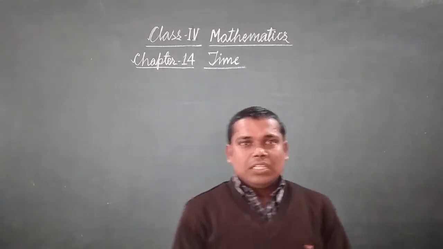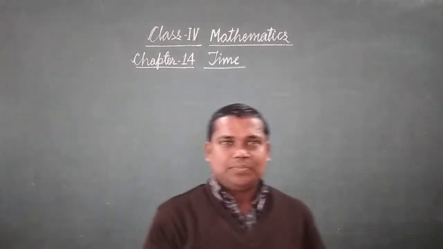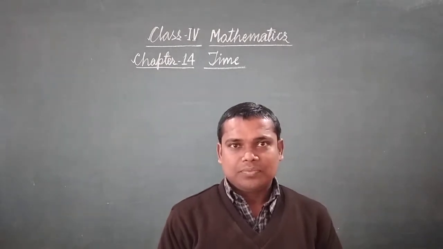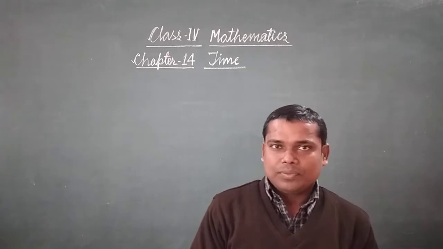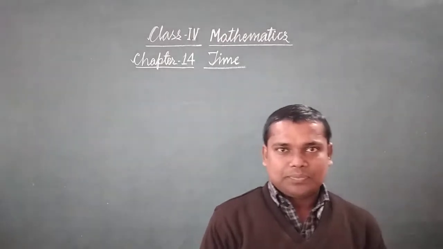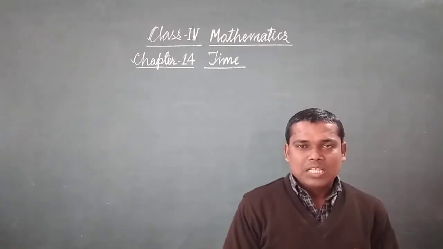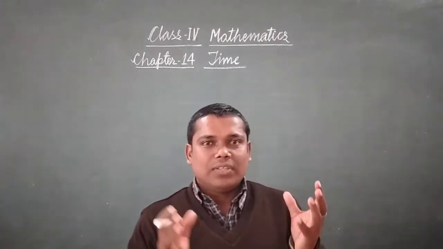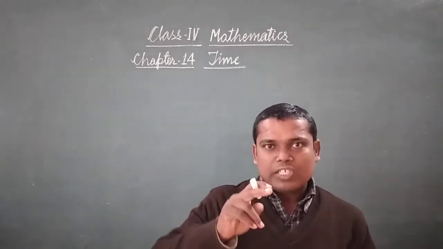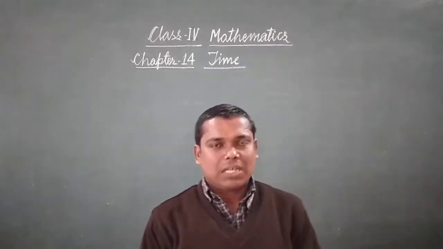Okay. Now we will study the instrument which we use to measure time. The instrument used by us to measure time is a watch, or we say clock. These instruments help us to measure time. All of you must have seen a watch or clock. You have seen the face of the watch or clock. On it are written numbers from 1 to 12 in Roman also or Hindu Arabic numbers also.